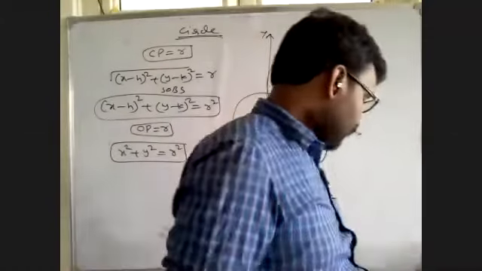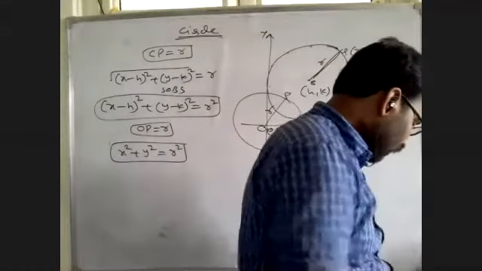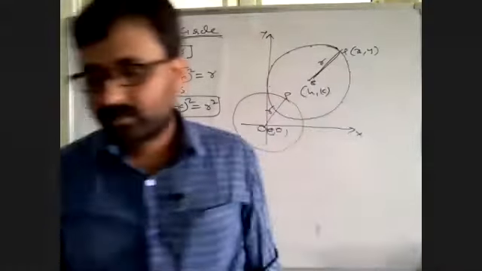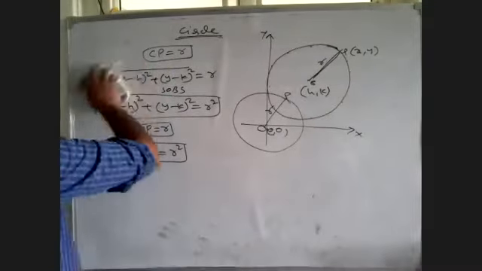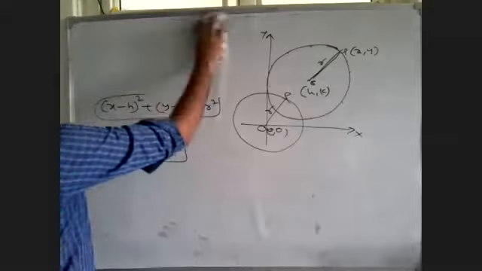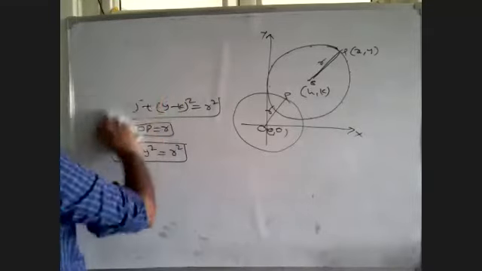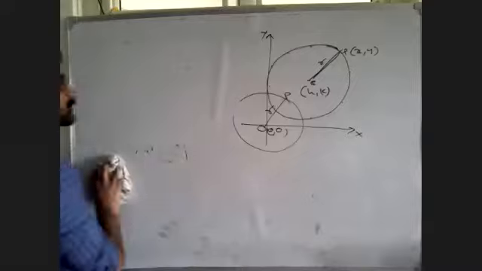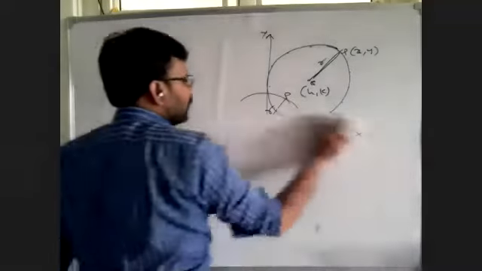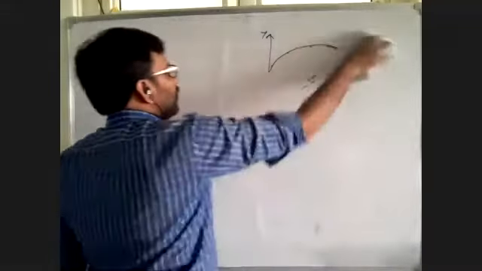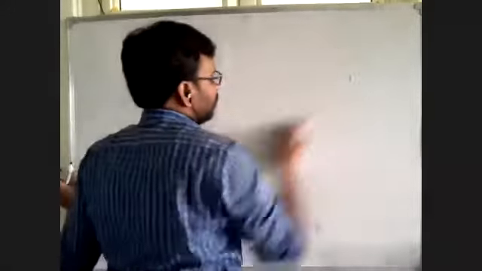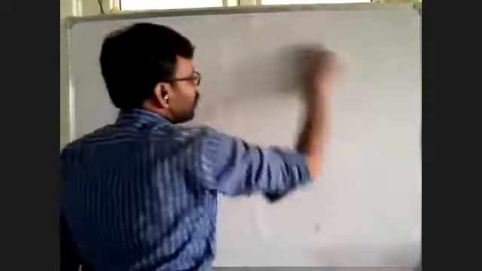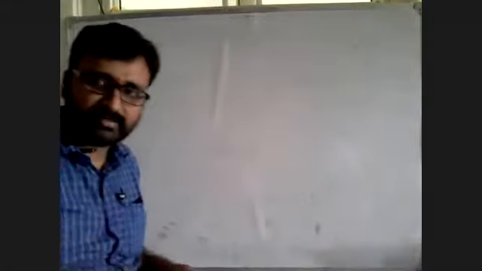Yeah, this is the circle equation with center (0, 0) and radius r. And I told you about the second degree equation. A second degree equation S equal to 0 represents a pair of lines, pair of parallel lines, and circle, parabola, ellipse, hyperbola, rectangular hyperbola, and I gave you that in 2D geometry. I gave you the condition. Depending on which condition, the second degree equation will give us a different curve.